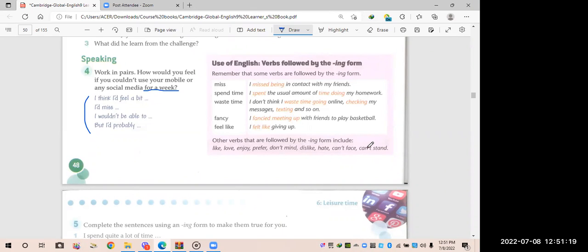So for me, I think it would be a bit weird living without a mobile phone as well. I'm kind of a person who uses a mobile phone more than 3 hours a day. So I miss being in contact with my friends by message. But I can do other things. Instead of using my phone, I can do sleeping, reading books, playing sport, and studying, and spend time with my family, and playing with my pet, cleaning my bedroom, cleaning my